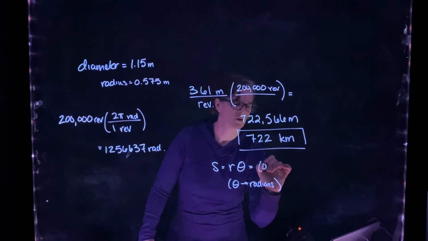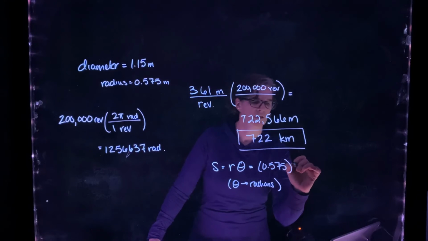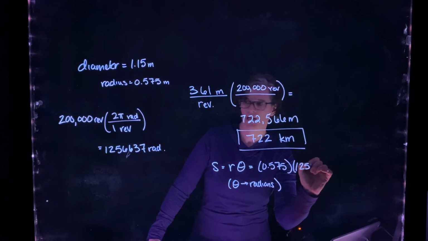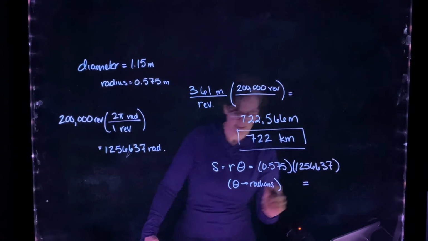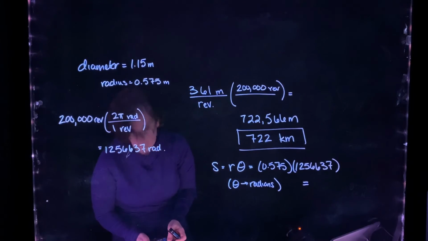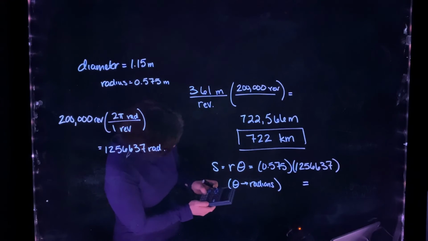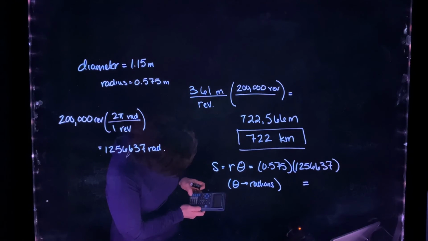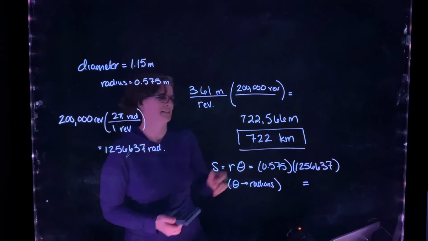So 0.575 times 1,256,637 radians, it should be the same, is equal to 722,566 meters